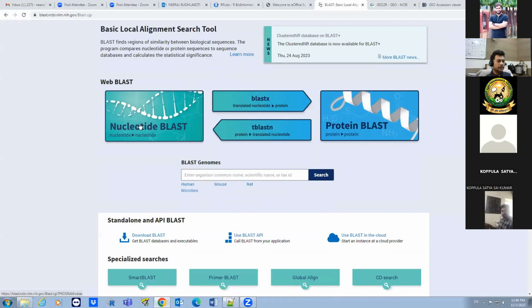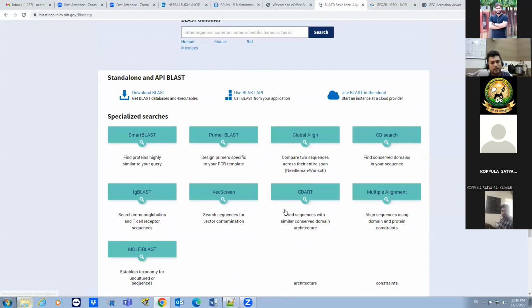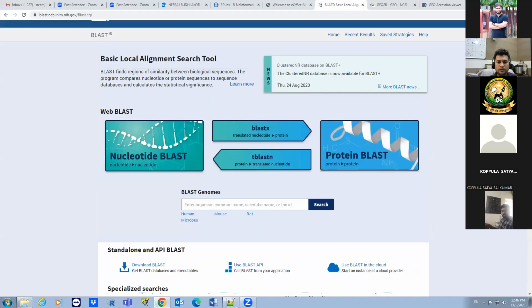You can see there are various versions of BLAST, like nucleotide BLAST, BLASTX, TBLASTN, protein BLAST, and nowadays some other advanced versions like SmartBLAST, Primer-BLAST, MegaBLAST, Model BLAST. A number of advanced versions are there, so that you can explore on the basis of your need.